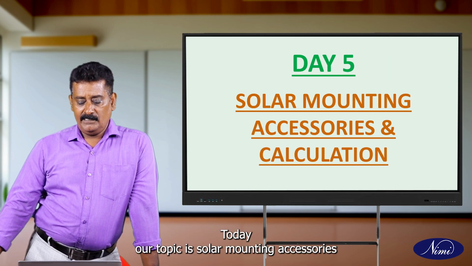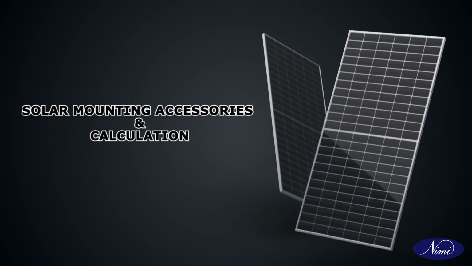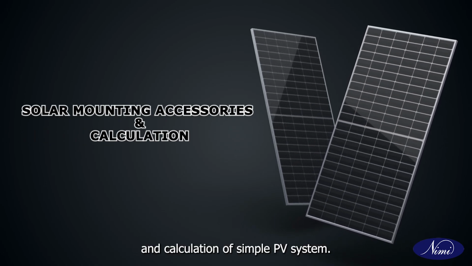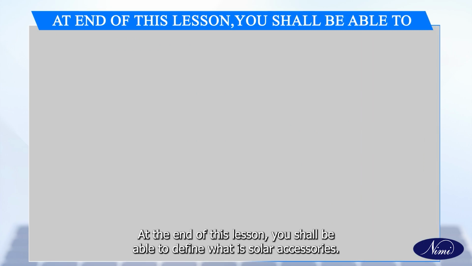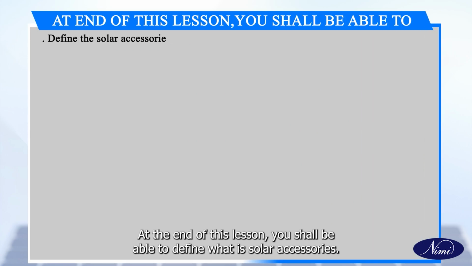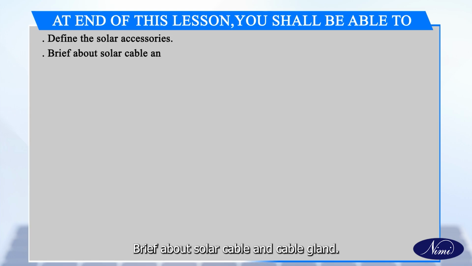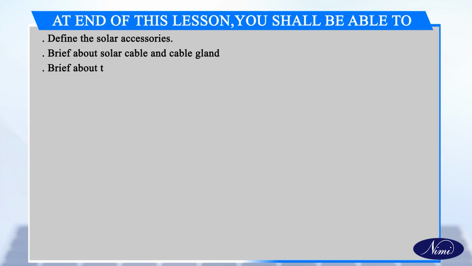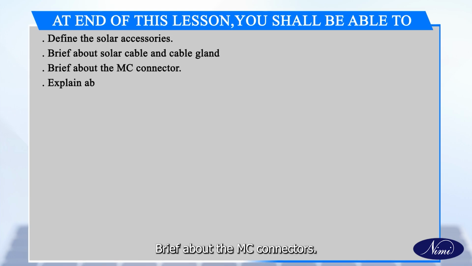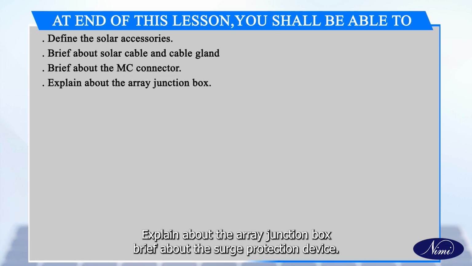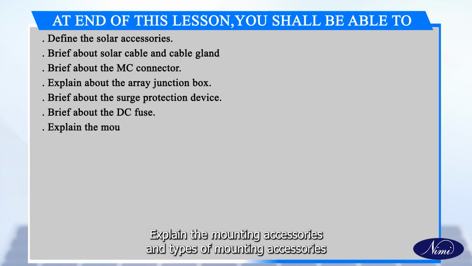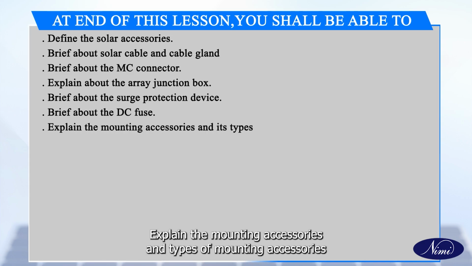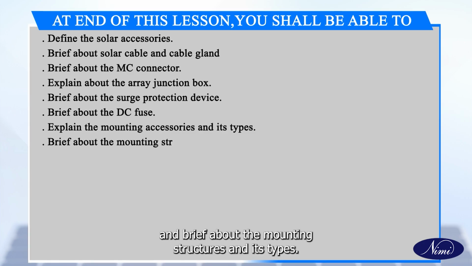Today our topic is solar mounting accessories and calculation of simple PV system. At the end of this lesson, you shall be able to define what is solar accessories, brief about solar cable and cable gland, brief about the MC connectors, explain about the array junction box, brief about the surge protection device, brief about DC fuse, explain the mounting accessory and types of mounting accessory, and brief about the mounting structures and